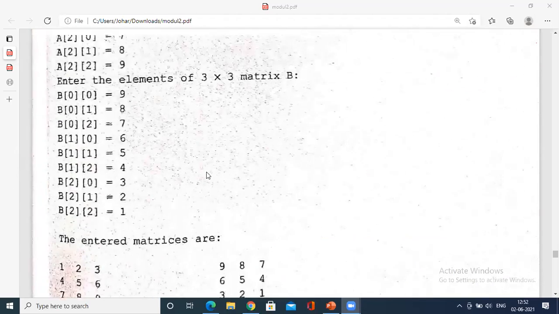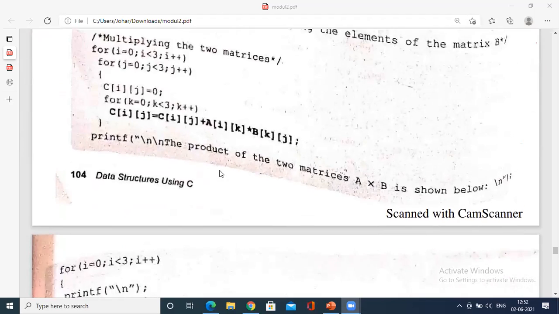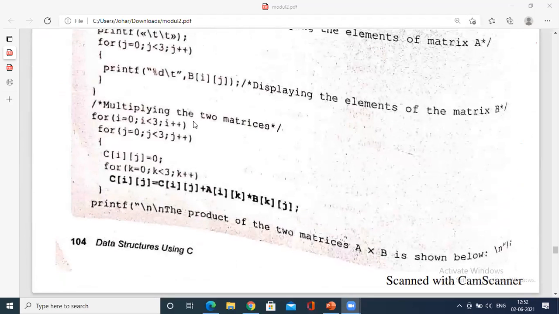Now coming to the major concepts of multiplication. What happens in multiplication? Multiplying the two matrices, first we have m cross n and p cross q, as I said. Since it is 3 cross 3, you don't have issues, you simply write 3.